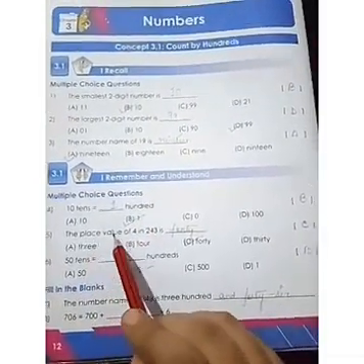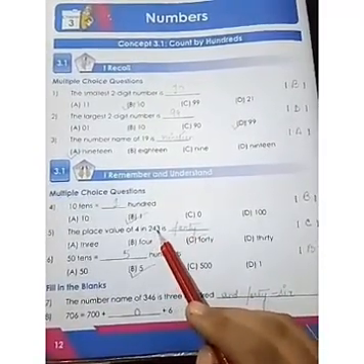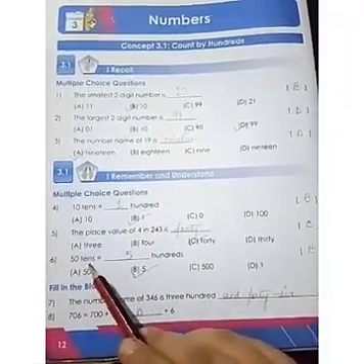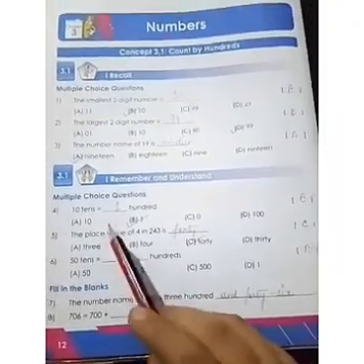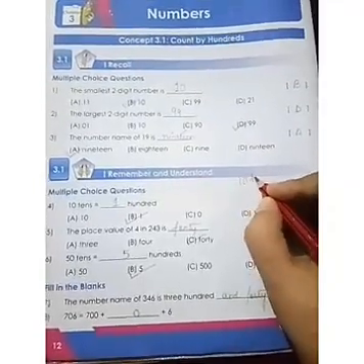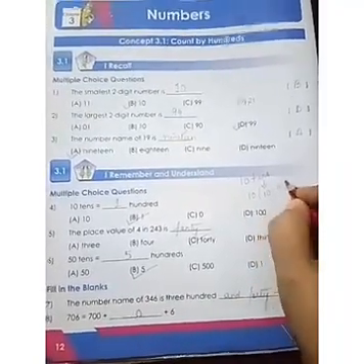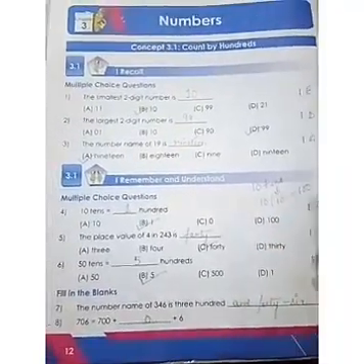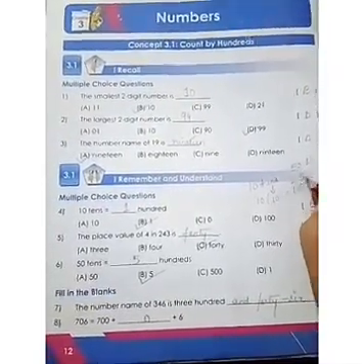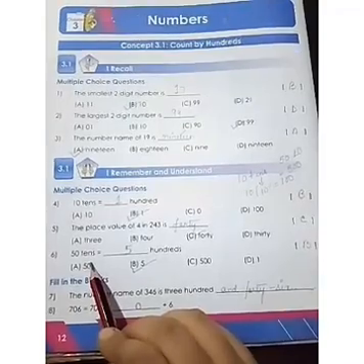Alright. The place value of 4 in 243 is 40. Okay, so the place value of 4 here is 40 because this is ones, tens and hundreds. Okay, 50 tens equals 500. So now this question is about 10 tens and 50 tens. So how do you find 10 tens? These tens also mean 10. Okay, so 10 times 10 we get 100. Similarly, 50 tens we get 500. This is the answer for 10 tens and 50 tens.